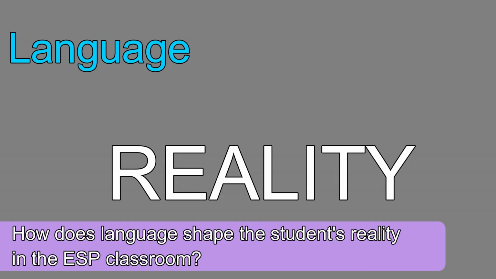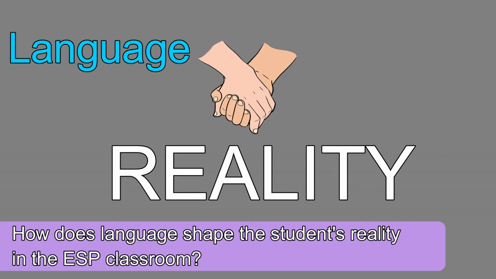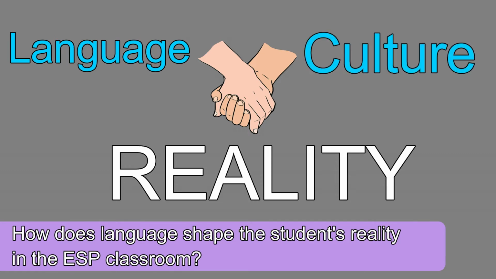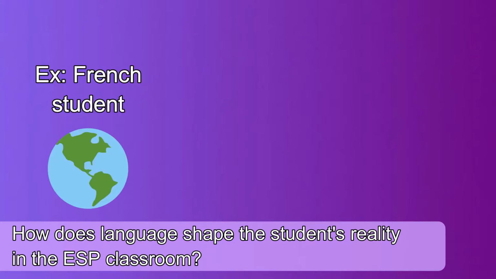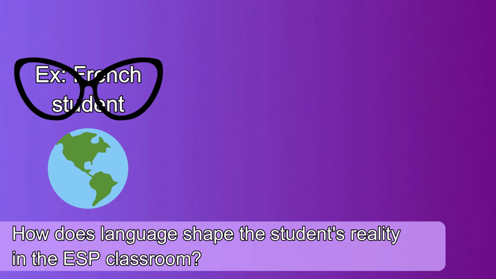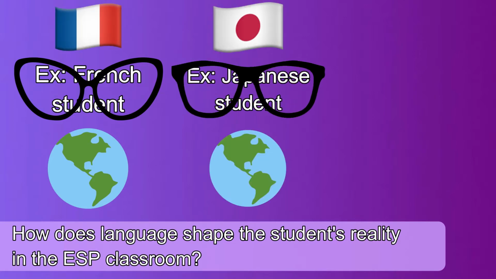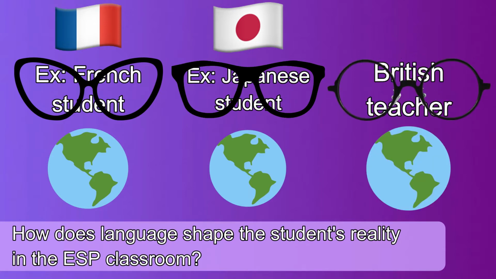Along with language, there's more getting in the way and molding a student's reality, a whole culture to be more exact. Let's put it the following way. Seeing the world through a language is like seeing it through a pair of glasses where we get a particular perception. Therefore, the students are seeing it through their own pair of glasses, through their language and its established convictions.